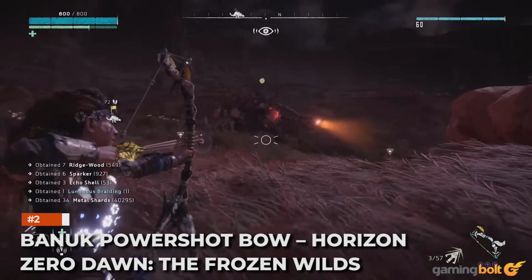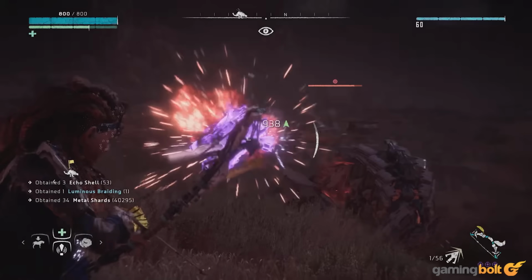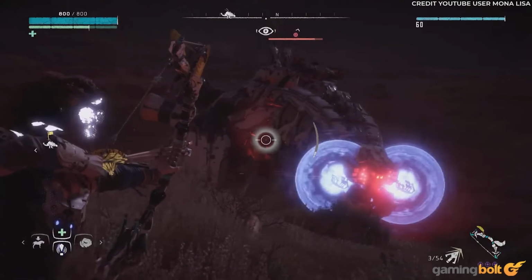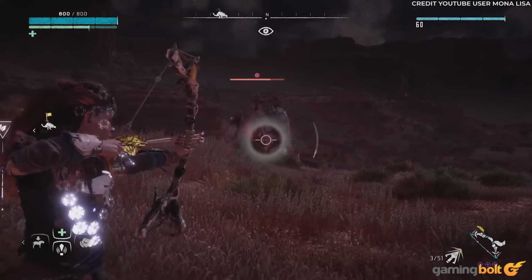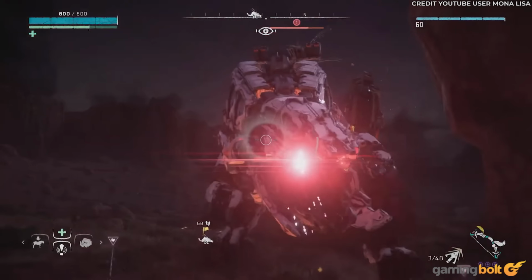BANUK POWERSHOT Bow, Horizon Zero Dawn The Frozen Wilds. Exclusive to Horizon Zero Dawn's The Frozen Wilds expansion is the BANUK POWERSHOT Bow, a sharpshooter bow native to the mountain tribespeople of the Sacred Lands far north. Aloy loves a bow and arrow, of course, and the BANUK POWERSHOT Bow is the most powerful in both the